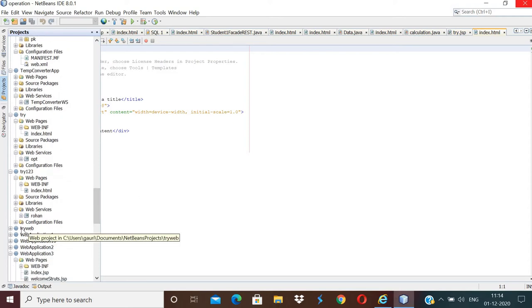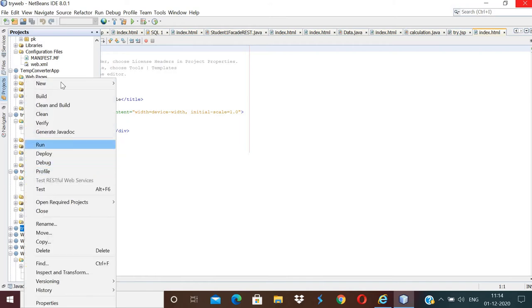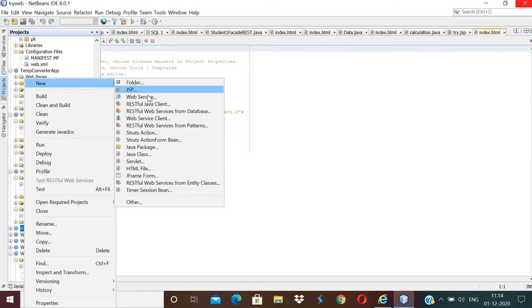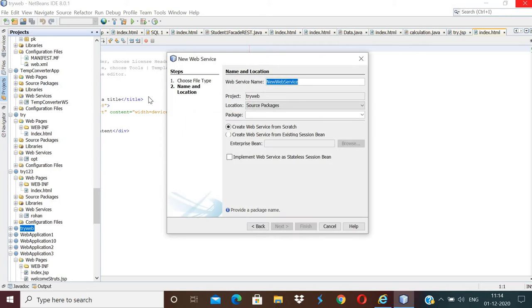This is my project, tryweb. Right click on your project, select New and Web Service. Type the name of the service. My name of this web service is operation, and here I'm writing the package com.kk. Click on Finish.